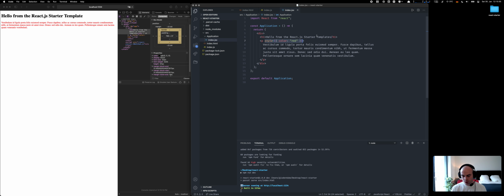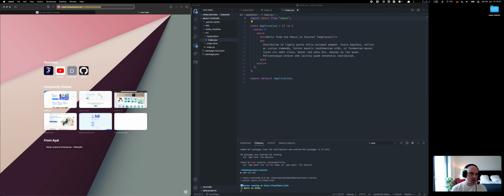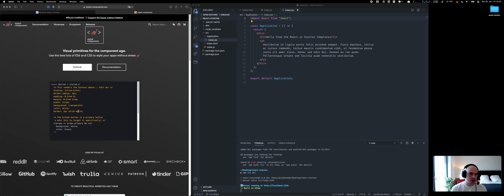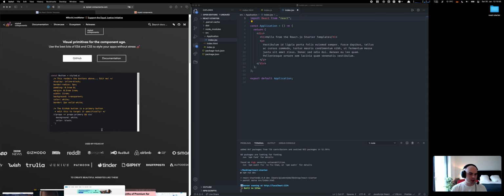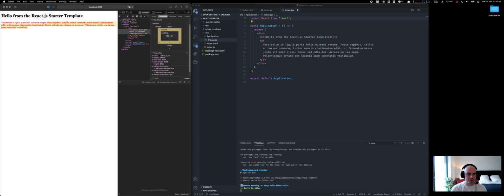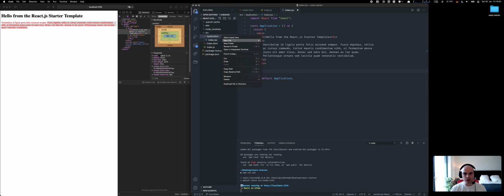So there's two approaches to how you can do styling. One is through classic CSS that you probably know. The other one is CSS in JS. And I'm a big fan of styled-components. That's a library, you can check it out at styled-components.com. But I'm going to show that in a bit as well. So let's just see how we can implement that. So let's say we want to go the